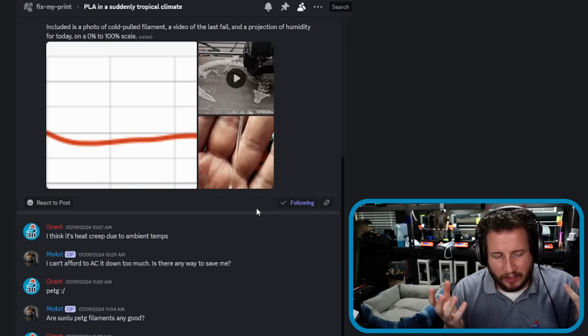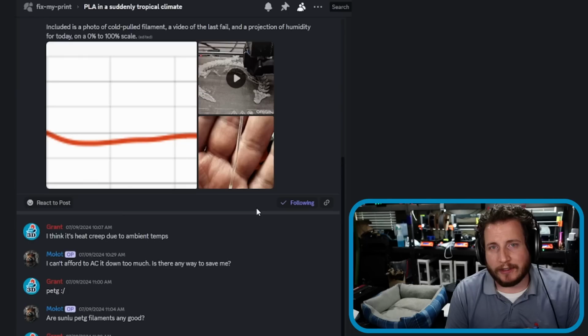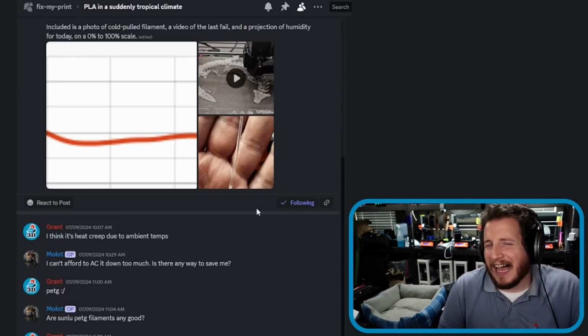But really the option here is just to change your material. I don't like saying that because it seems like very much of a cop-out answer, but it's not, right? If you can't change the environment, you are forced to change the material. There's no in between here. You have to do it this way. And unfortunately, for those that are dealing with unprecedented heat, you're kind of stuck dealing with an off-the-shelf solution, which